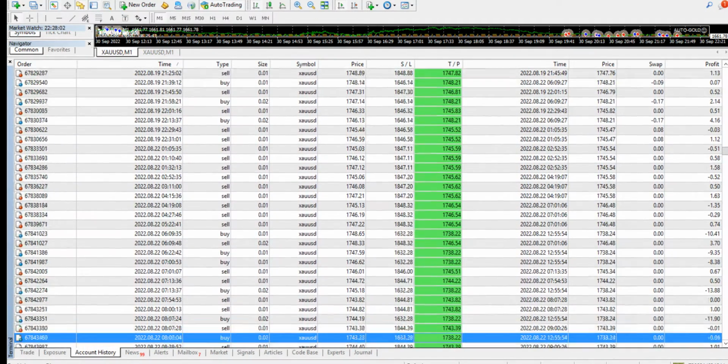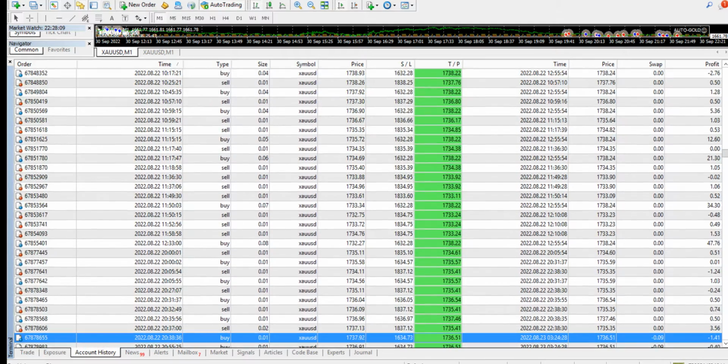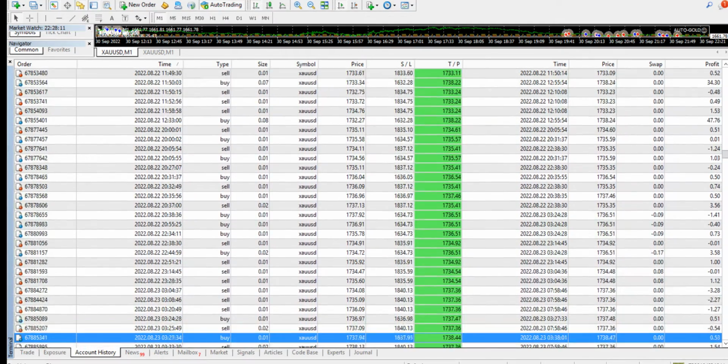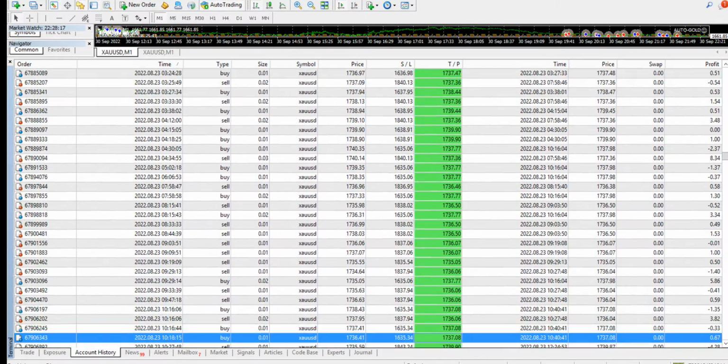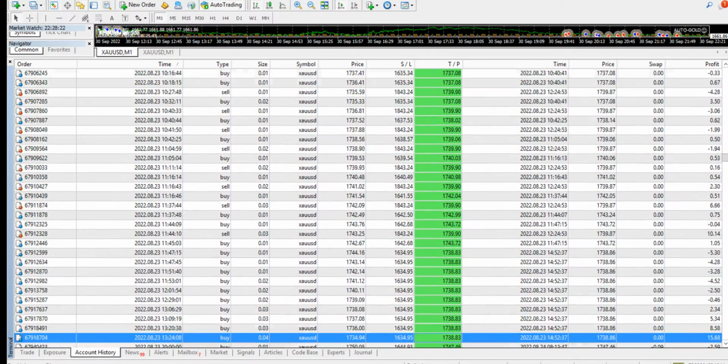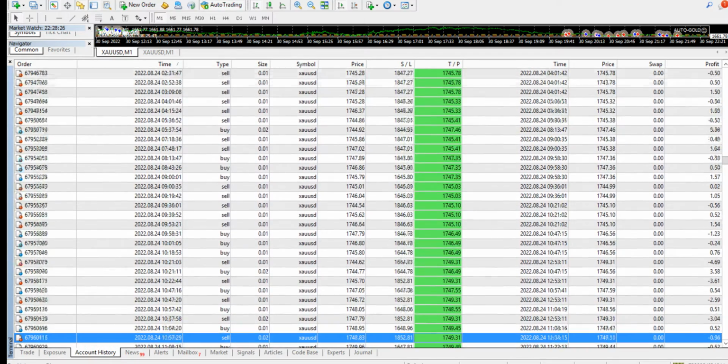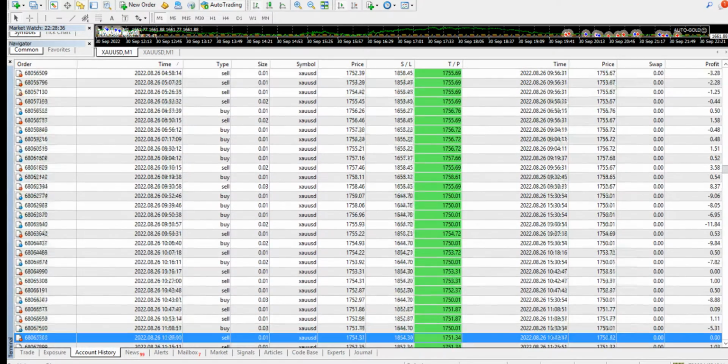So that is why 10k cents, which is equal to $100, is what we suggest. If you can afford it in US dollars, that is fine. 10k is the minimum that I suggest, with a leverage of at least 1 to 200. More is better. 10k minimum I suggest, 12k ideally. If you can keep more, it will help you manage your drawdown very well.